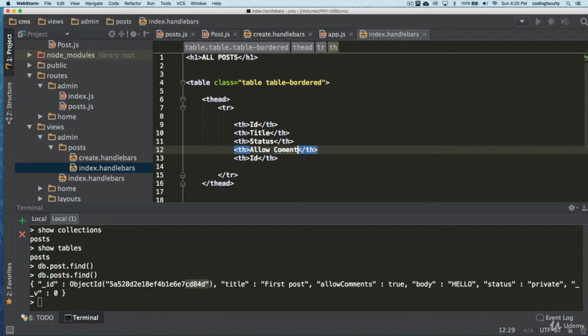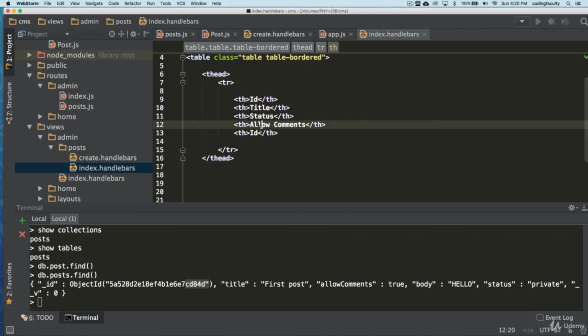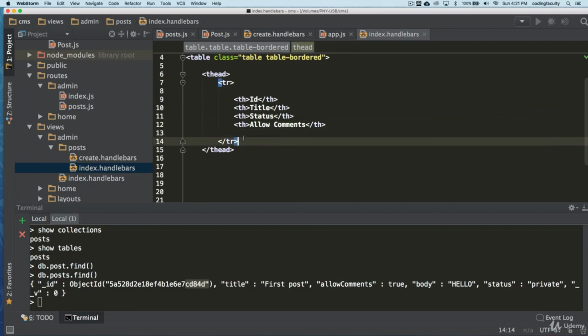Allow comments. And the body, right? But we're not going to show the body. We might show just a little bit of the body. Let's not show the body. Okay, ID, title, status, allow comments. Okay, so we got four of those.